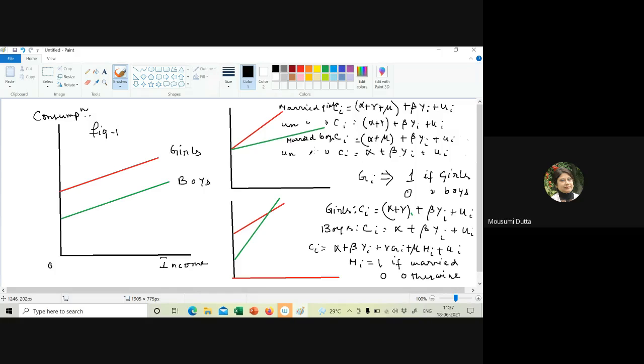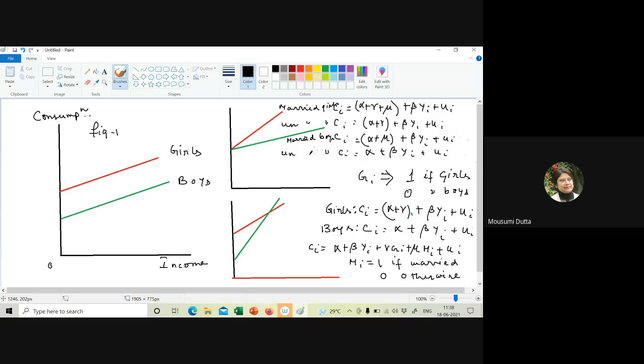So not only will we be able to derive the demand curve, supply curve, savings equation, investment equation, consumption equation, now we will be able to derive this kind of equations for different types of individuals, different types of countries, different types of groups. So if I have country level data on consumption and income, and we have 5 categories of countries: very poor countries, lower middle income country, upper middle income country, rich country, very rich countries. If I divide the countries in 5 categories, that is, if there is my country variable along with the income variable, so using intercept dummy or using the